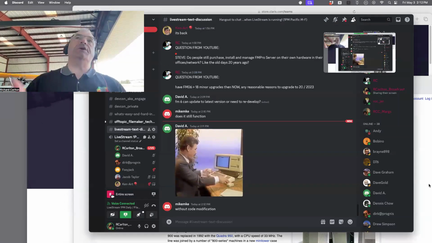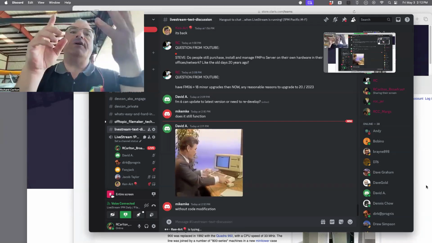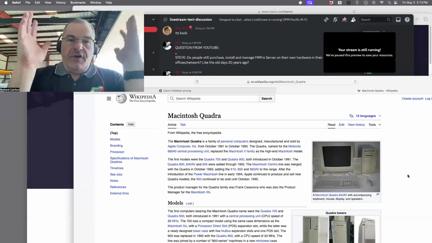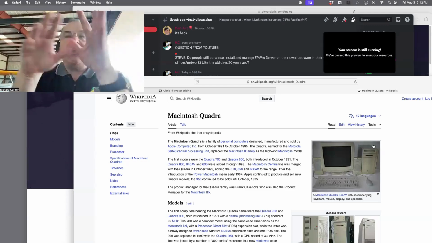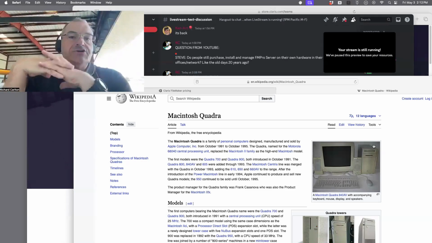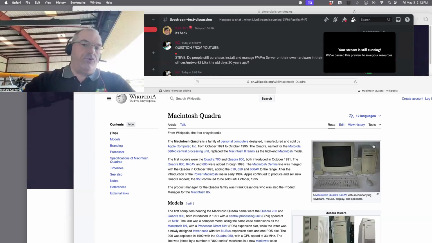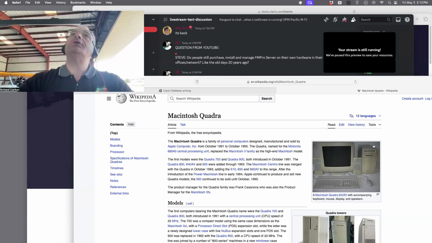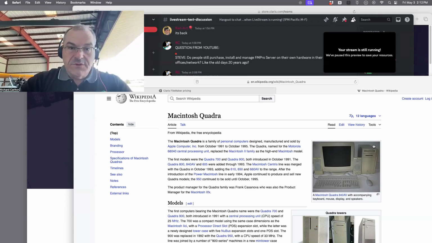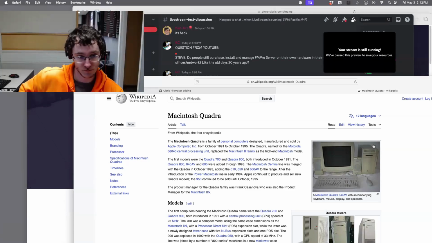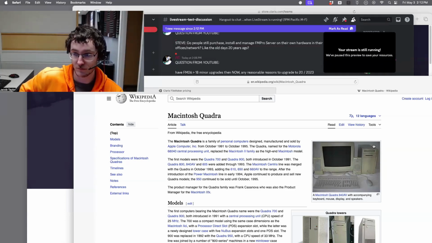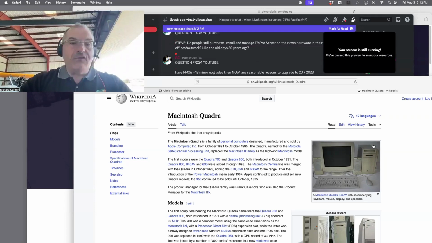So the answer is that from FileMaker 7, if you're on 7 and it works, you can upgrade your way all the way up to the current version. What we have right now is 2023, and it is upgradable. You can do that. It will kind of work. If you're on FileMaker 6, anything before 7, there's potentially a lot of work involved.